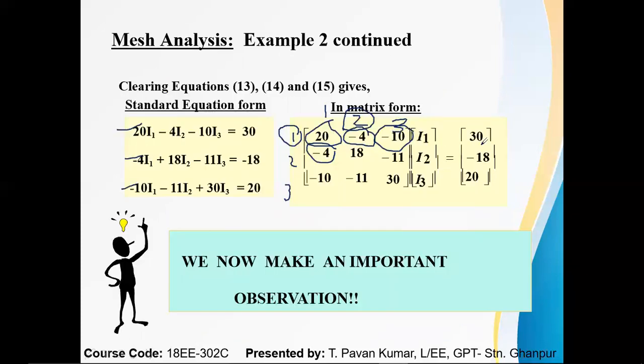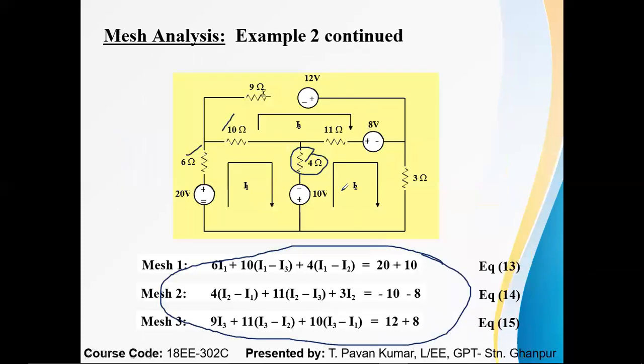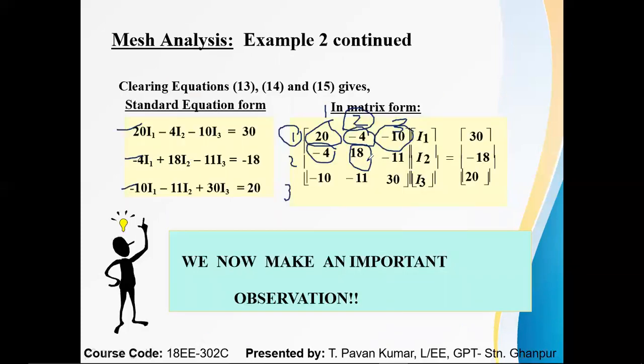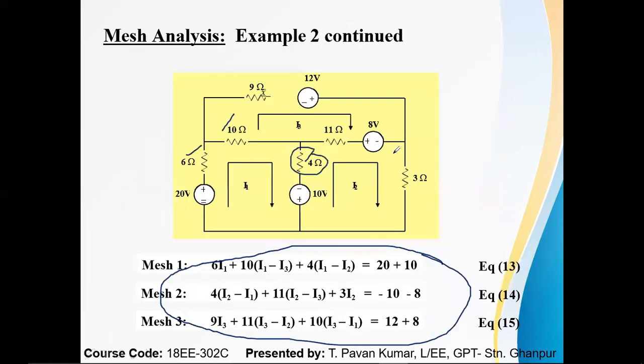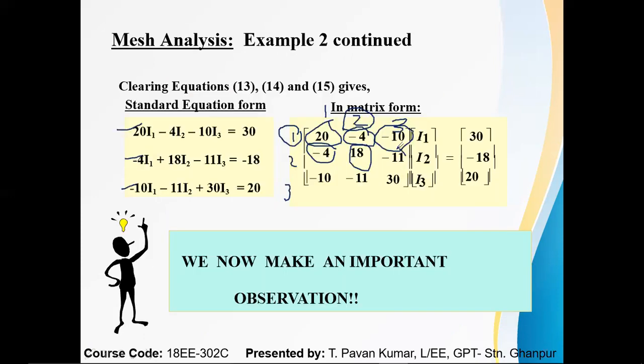You can write directly 20, and this is R22. Let me count this R22 resistance, meaning the resistances included in mesh number 2: 4 plus 11 is 15, 15 plus 3 is 18. Is that 18? Right, 18. Next, R23. What about R23? This is R2 and R3, 11. The common value of resistance between them is 11. This both same, this both same, and this will be same.